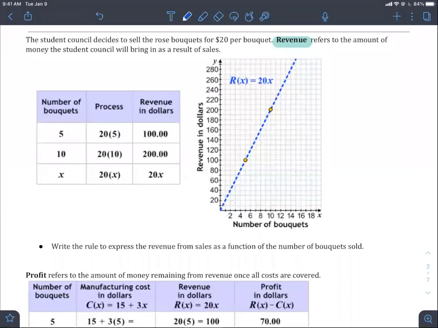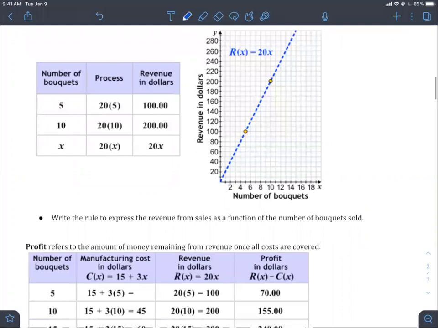They are going to make money, guys. They are going to make some money. Apparently, in the first 5 bouquets that they sell, they could potentially bring in a revenue of $100. If they sell 10 bouquets, they could bring in $200. If they sell x bouquets, they are going to bring in a revenue of 20 times x. Okay, meaning that our function rule, aka question three, our function rule for